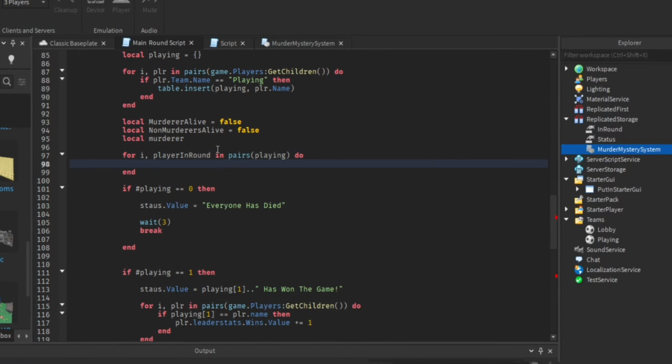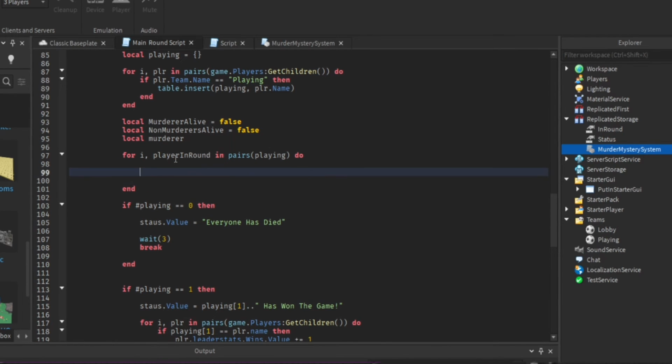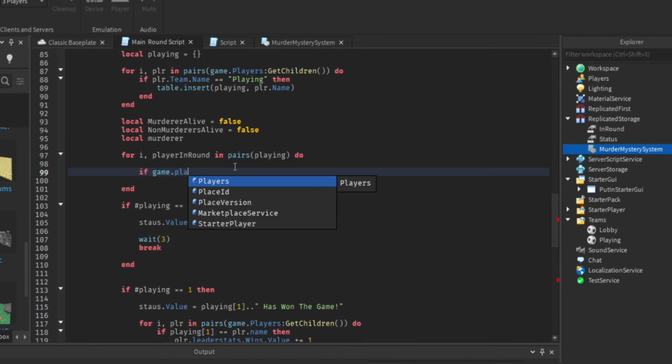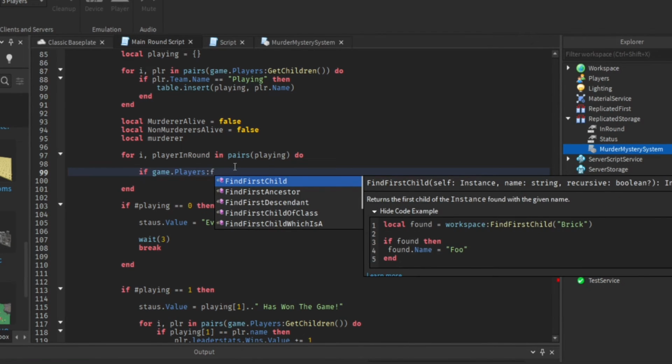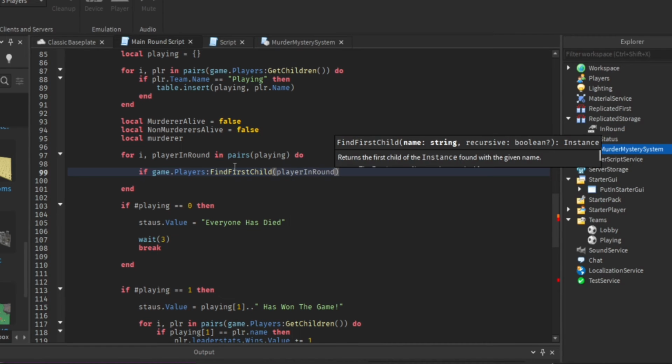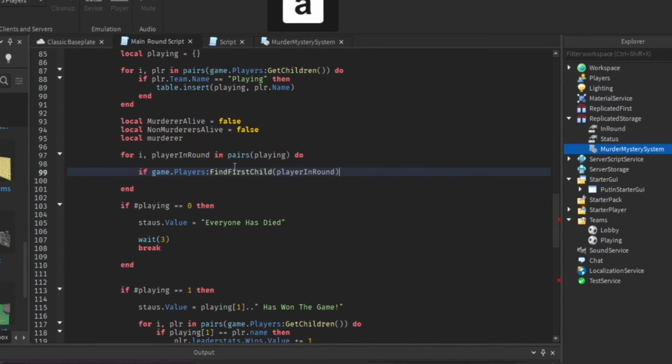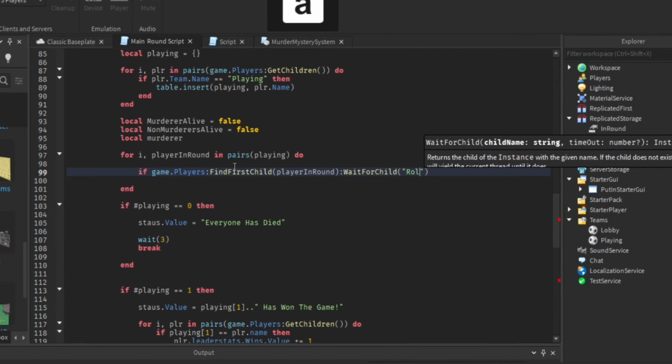So this is the table where all the player names that are playing in a round are. And we can do if game.players:FindFirstChild(player in round).role, or rather WaitForChild role, WaitForChild role.Value